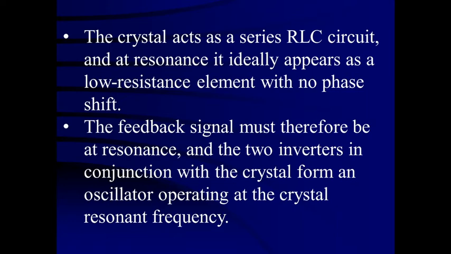You know what is happening in a series resonance? When the reactances are cancelled, that means XL is equal to XC, 1 upon omega C is equal to omega L, then resonance occurs and they cancel out the reactance. In the circuit, only the resistance will be there, and because that resistance is going to be minimum, the output signal and input signal have no phase shift, but the current is going to be the maximum at that time because the resistance in the circuit is minimum.